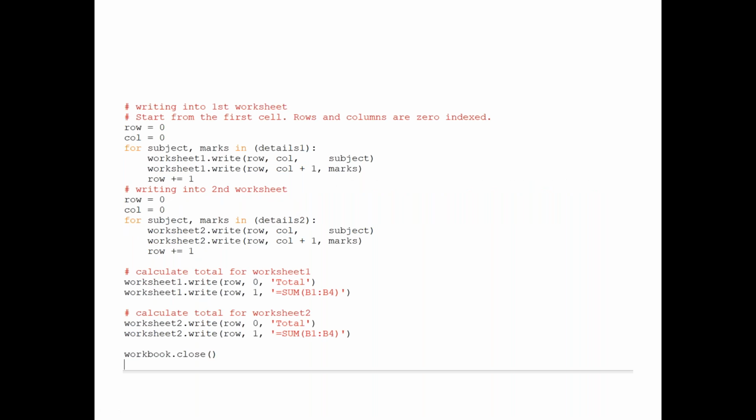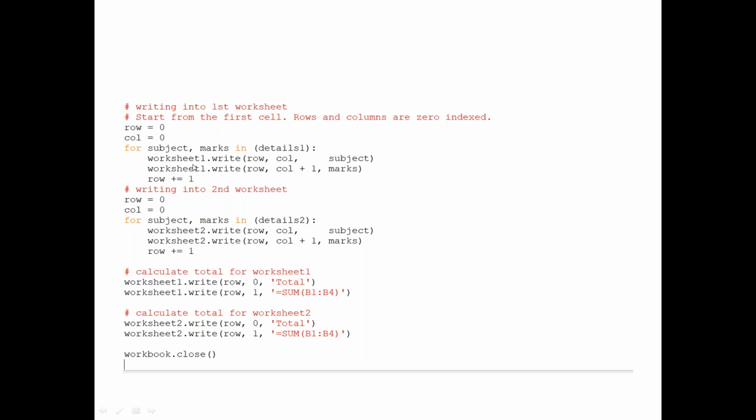There is no difference. The only step I'm doing is taking two for loops, with row 0 and column 0 for subject and marks, because I have two columns as a list in details 1. You can see here I'm taking details 1 and running it on worksheet 1, and similarly for details 2, I'm running one more sheet.